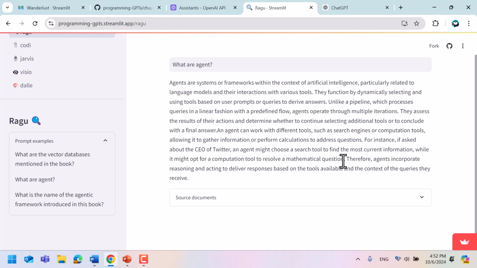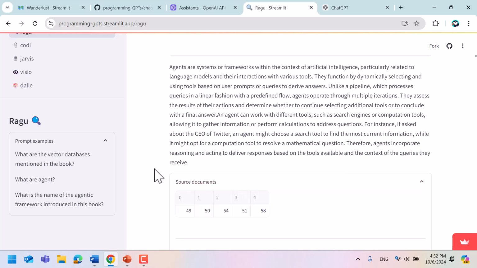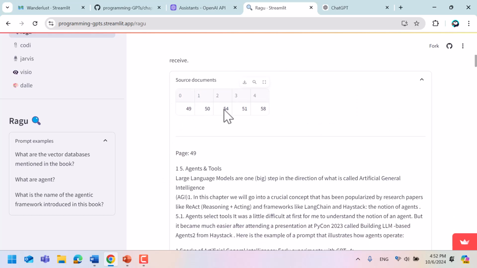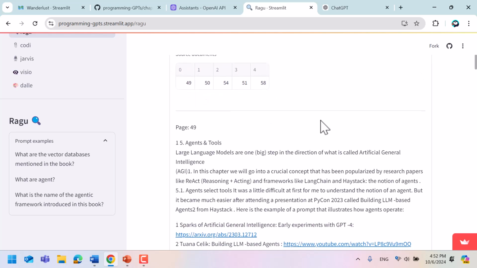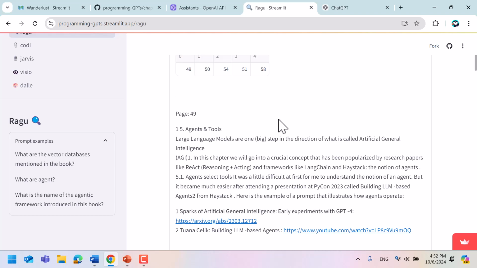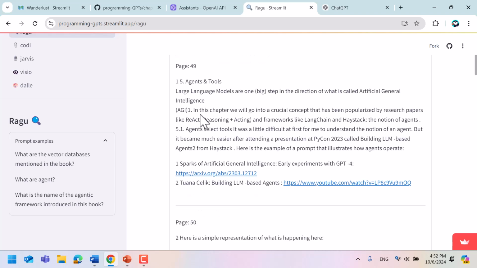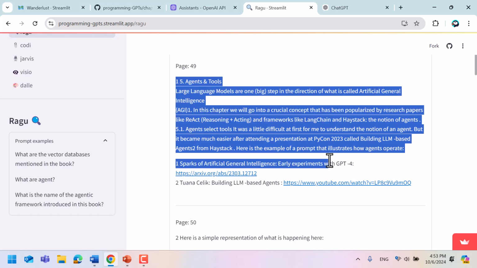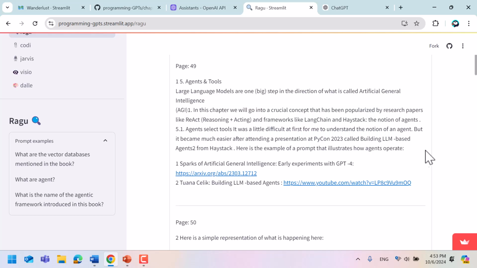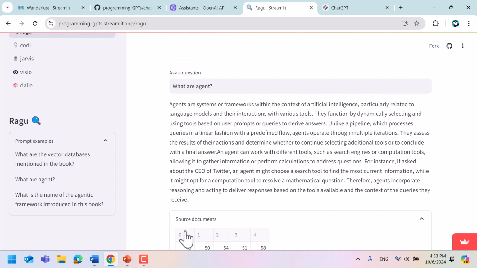Interesting. Does it ring a bell? You remember that was some of the examples that I had taken in my book. And guess what? The reason for that is that it was taking some of the pages of the book as a reference in order to answer the question. So what is essentially happening here is first there's a search inside of the book, and it's selecting the pages that are seemingly the most relevant in order to answer this question. And then what it is doing is stuffing all of this context inside of a prompt in order to say, this is the question, those are the context and the reference, please answer the question now.